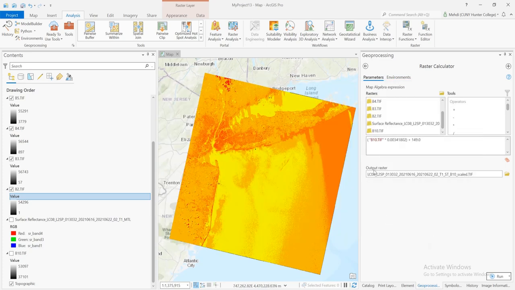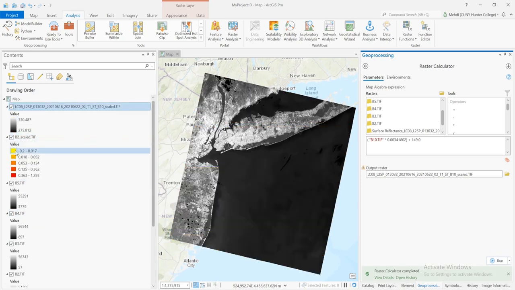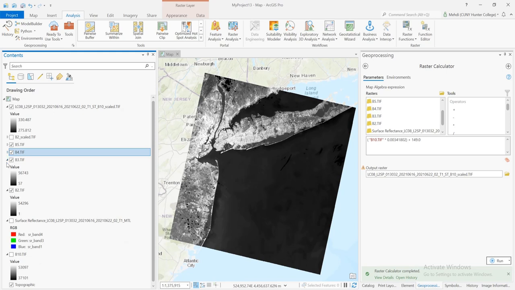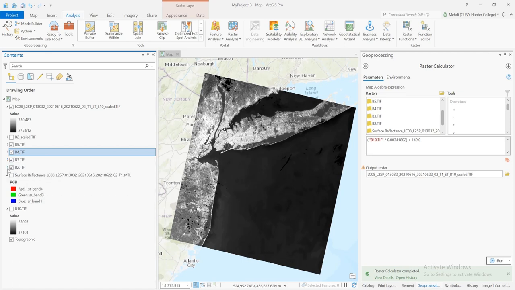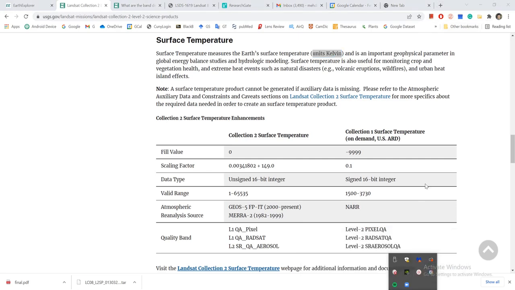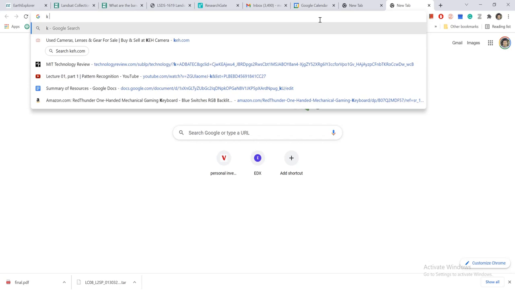Okay, now we expect to see values that make sense for surface temperature in Celsius degrees. Okay, and I'm going to turn this off, and it doesn't, I think. Yeah, so the unit is actually Kelvin. That's why those numbers are slightly different, and let me show you what Kelvin is. K to C,